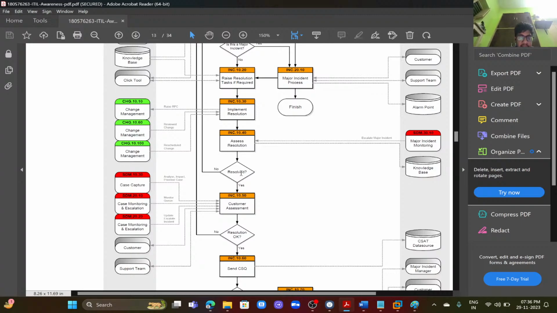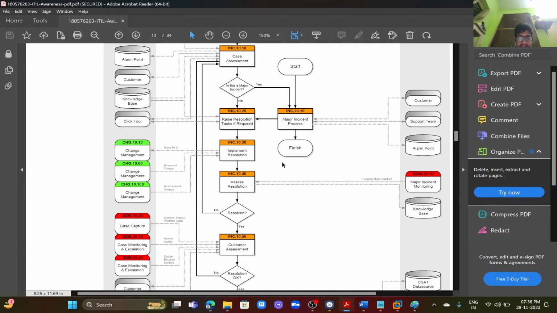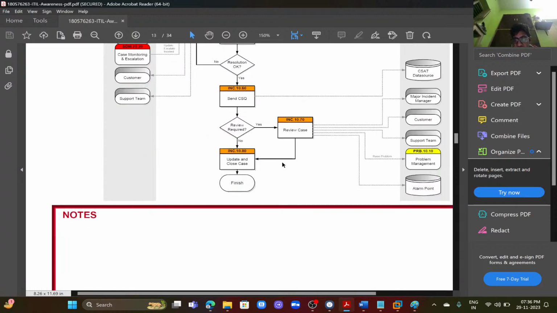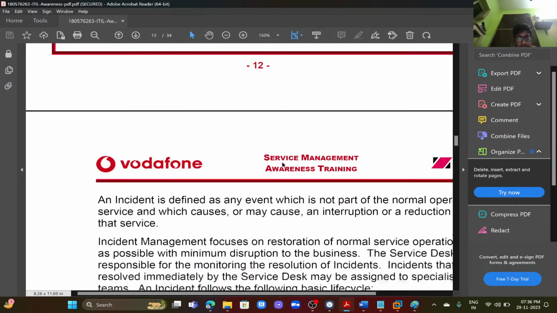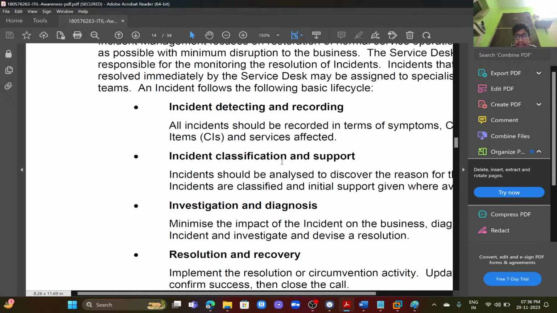And if it is resolved, okay, if yes, no issues. If not resolved, again we will go like this. A resolution, okay, and review requirement, update, close, finish. After this, incident detect the records, recording symptoms,